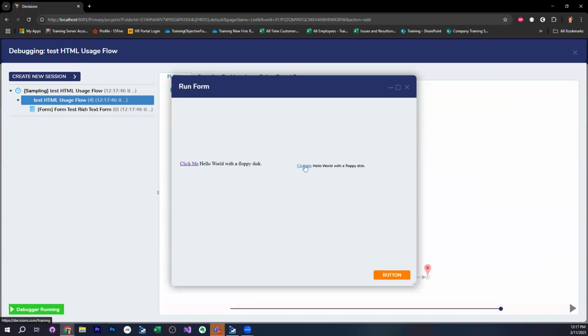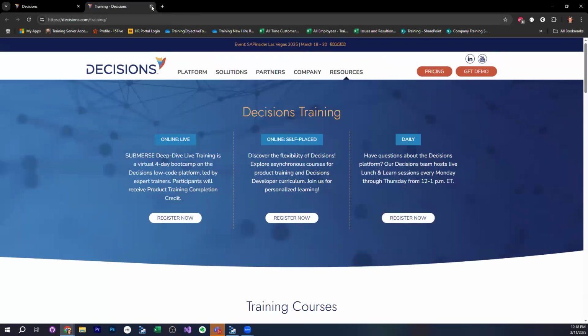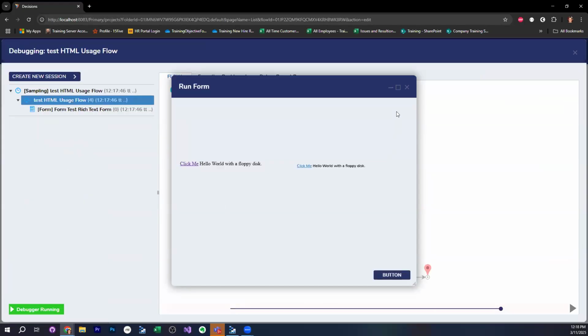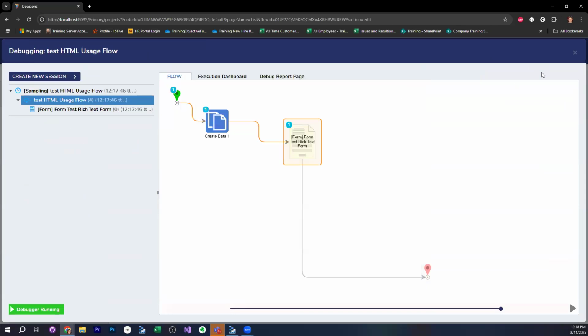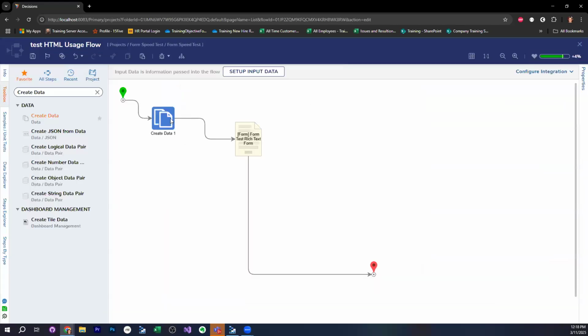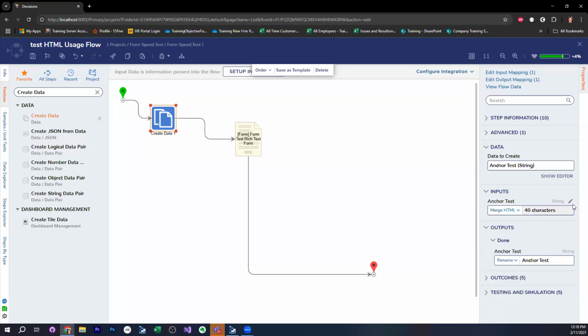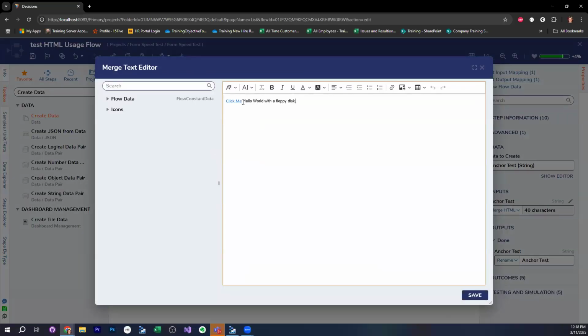There's the issue. You put the text you want, highlight the text, and then click Link. Exactly, and option. Then if I click me here, it should take me to decision training. There we go. Yep, I think that's just what it is. Format. I'm wondering, HTML. I'm just curious if there's a way to make that dynamic though. I think that will solve your issue by just adding it right here and linking it there.